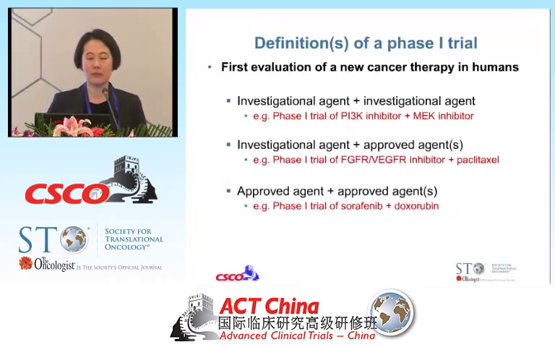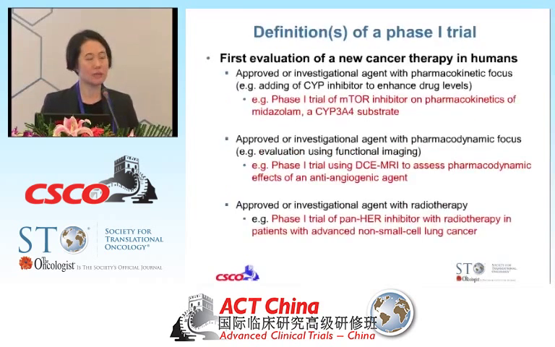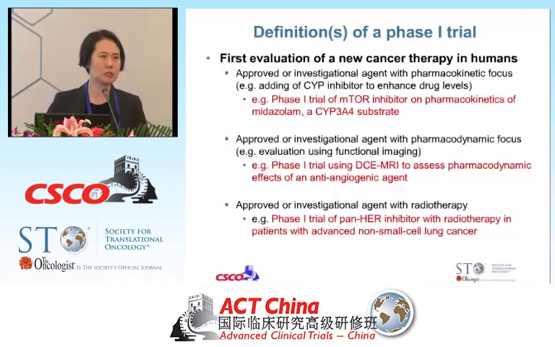This slide shows some of the other phase 1 trials, which are more the combination phase 1 trials. So it could be a new drug that's already in phase 1 at the end or in phase 2 with another investigational drug, plus an approved drug, or even an approved drug with an approved drug. And depending on the possibility of interaction between these two drugs, obviously you may want to consider doing some PK interaction studies, pharmacodynamics, etc.